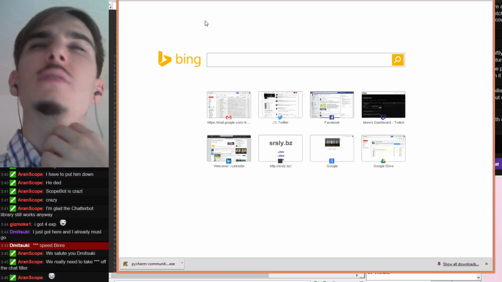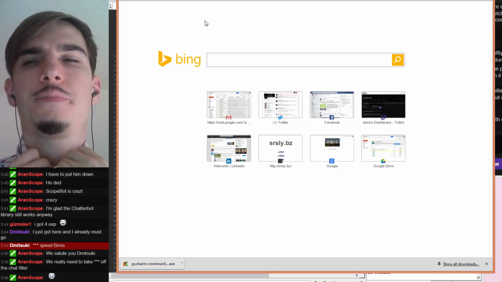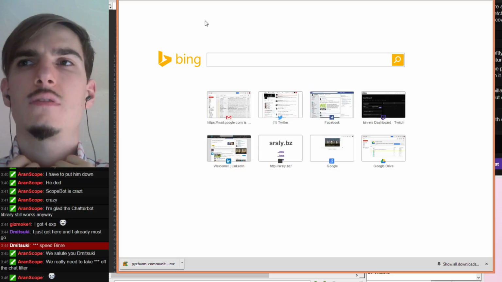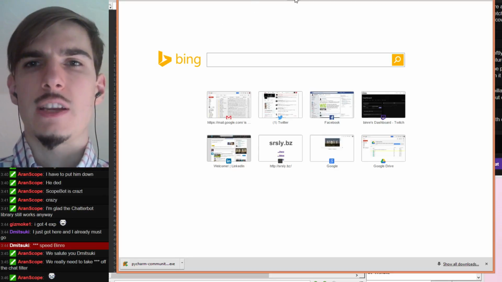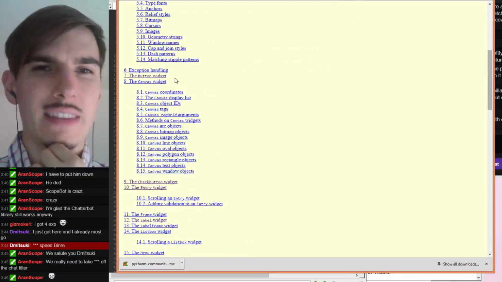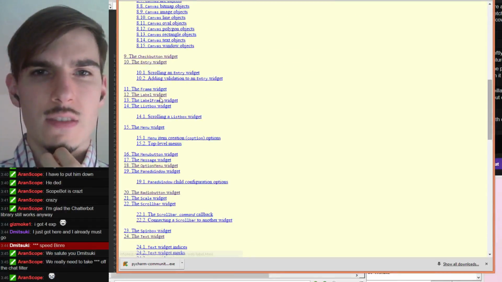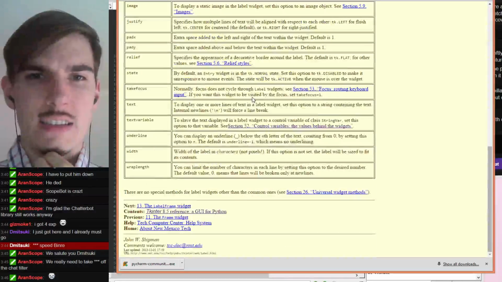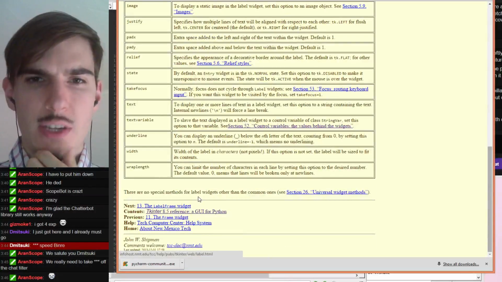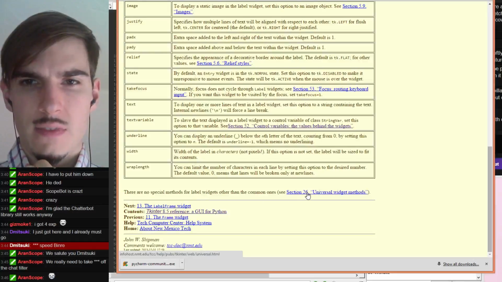What would that be? Well, let's look at tkinter. Would a label work? Can I address the text in a label? There are no special methods for label widgets.